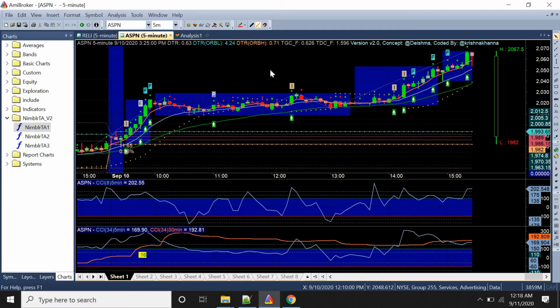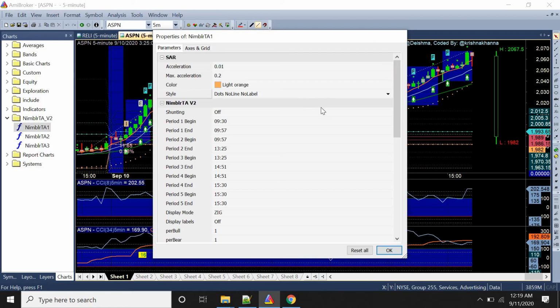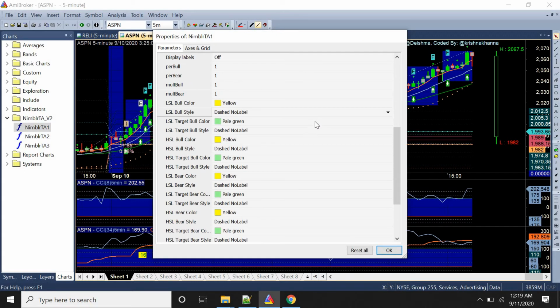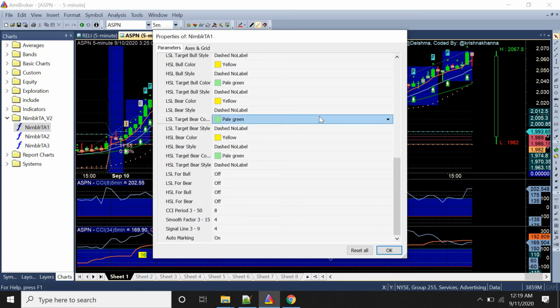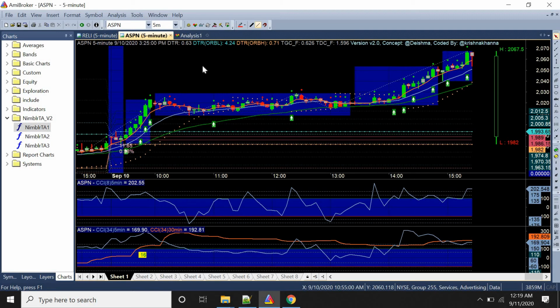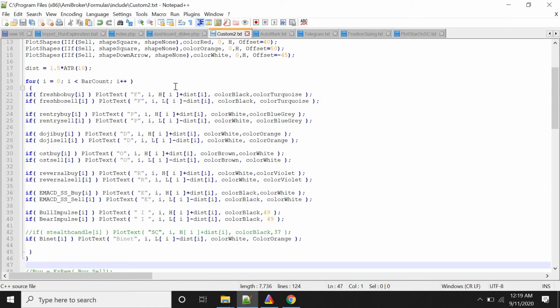So this becomes very simple for any individuals who are working on the code for the first time. So they can understand where the fresh breakout happens or where the strategies are being hit. Similarly, you can just switch it off if you don't like it, and it can be disabled. Again, you have bear and bull, LSL and HSL values, so those are always there, so you can just enable and disable it. Similarly, apart from this, there are customizations which are available.